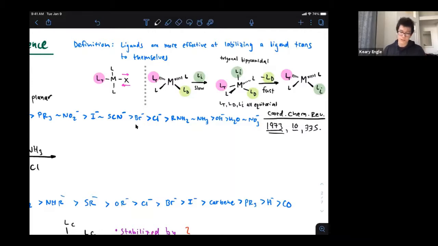trans influence are those that, in an associative pathway, which again is most common for d8 square planar, the reactions are proposed to proceed through a trigonal bipyramidal intermediate. The incoming and outgoing ligand and this trans-influencing ligand all lie on the same equatorial plane, owing to the principle of microscopic reversibility. And ligands that have a strong trans influence